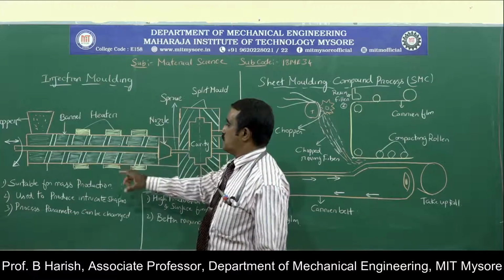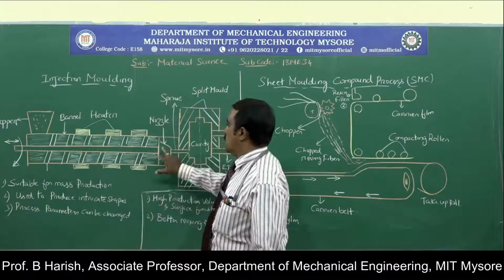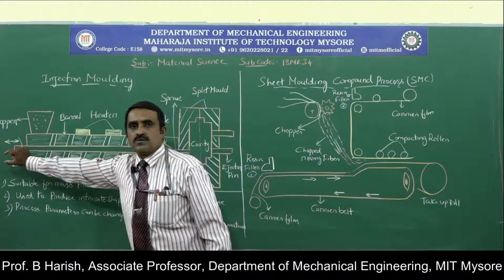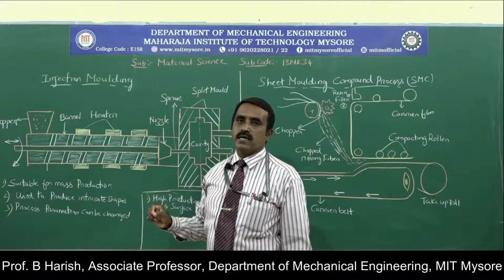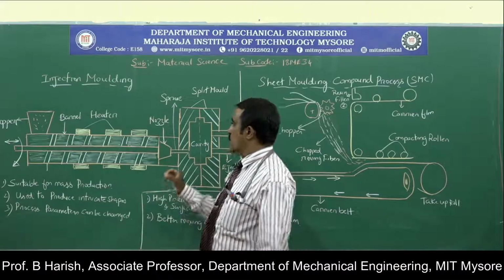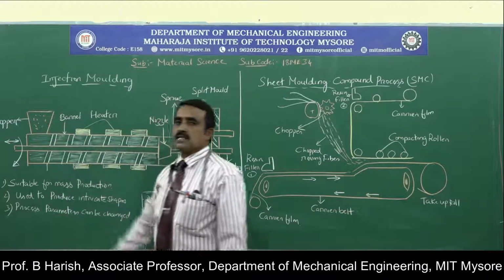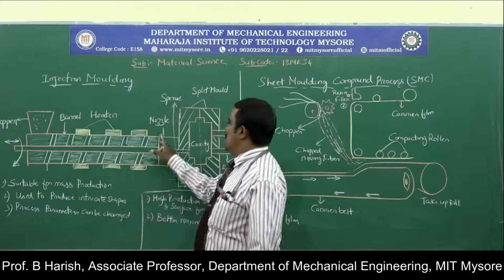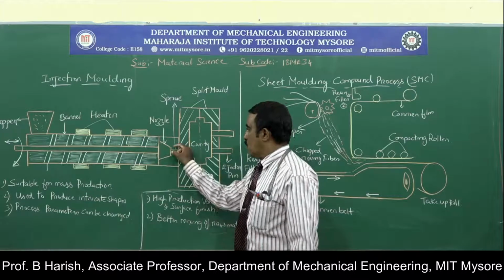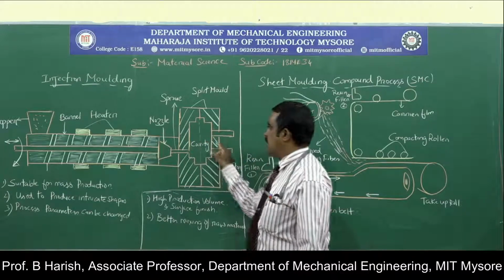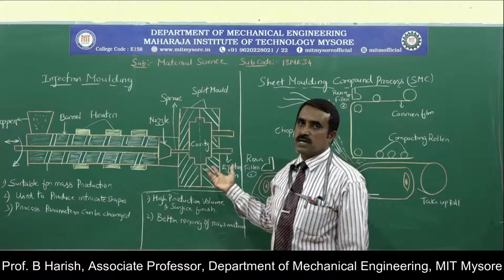Inside the vessel we will have a runner that is moving inside. One end will be projected outside, and the other end will have a nozzle. A nozzle is nothing but a very small opening. This is the hopper, through which the material is fed into the barrel. Through the nozzle, the material enters the cavity. This is the cavity that has to be generated, that is, the shape of the composite material.